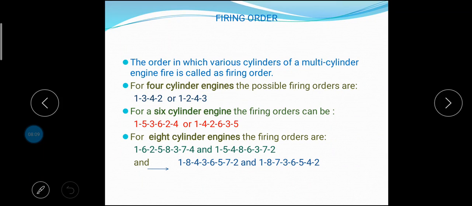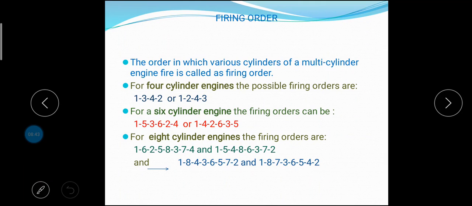With crank throws at 180 degrees, the cylinders 1 and 4 will reach top dead center simultaneously. If the firing interval is made 180 degrees, the firing in cylinder 1 cannot be followed by the cylinder 4. Similarly, the firing of the cylinder 2 cannot be followed by cylinder 3. Therefore, the possible firing order in 4-cylinder engine is 1 to 3, 3 to 4, 4 to 2 or 1 to 2, 2 to 4 and 4 to 3.